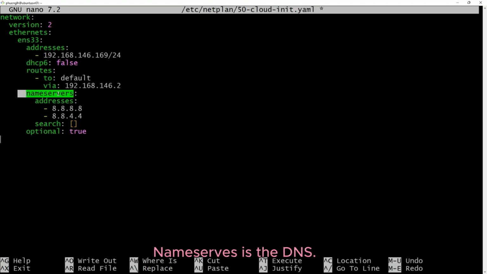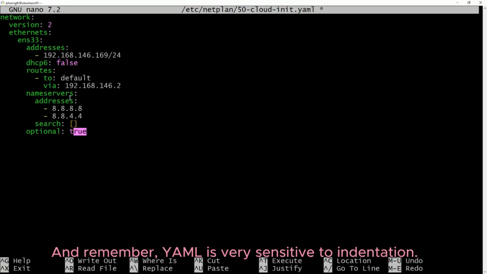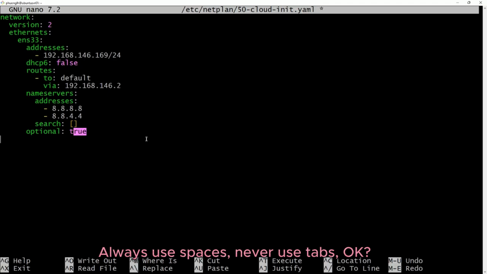Nameservers is the DNS. Okay, optional: true means it allows the interface not to be mandatory right at boot. Okay, and remember, YAML is very sensitive to indentation. Always use spaces, never use tabs. Okay.